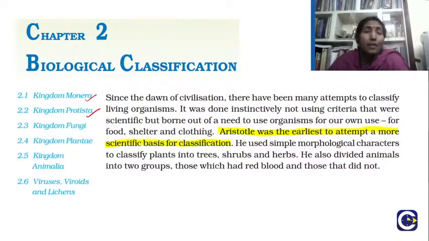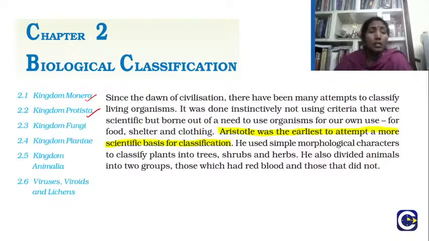So this classification is very, very much needed, particularly to put everything into its own stream. Only when you classify things can we really know what they actually are, and at the same time know more of the medical or economic importance. We have advanced this far only because of that proper classification system.